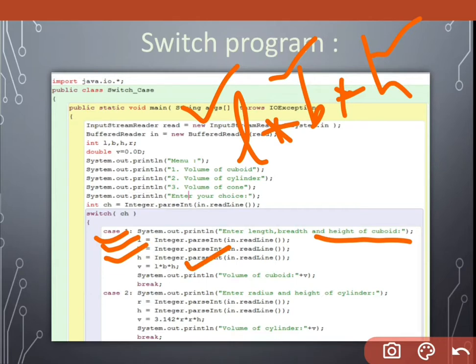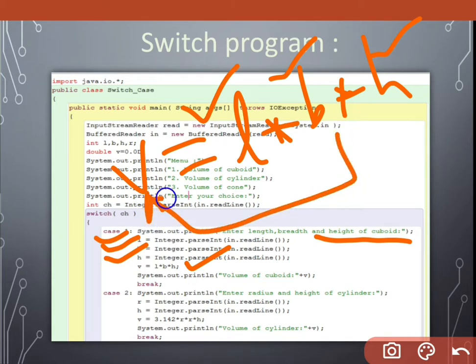I'm storing length into breadth into height in V, and then I'm displaying the value of V, that is, volume of a cuboid is equal to V.